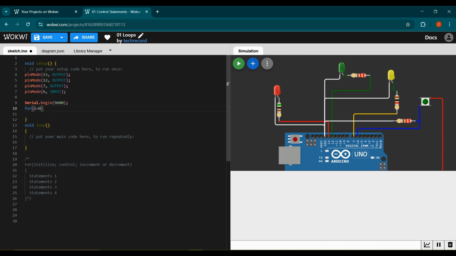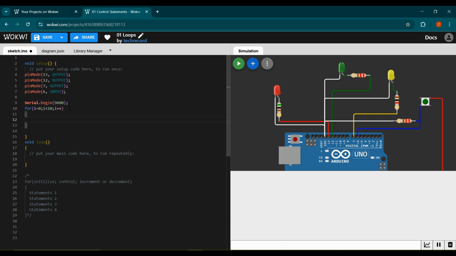I want the for loop to execute until i is less than 10. As you know, our starting condition is 0 and the ending condition is 10. So to run this loop we should be doing i++,